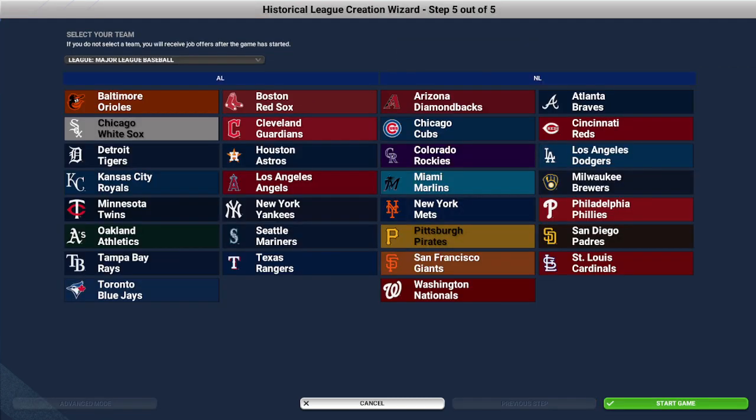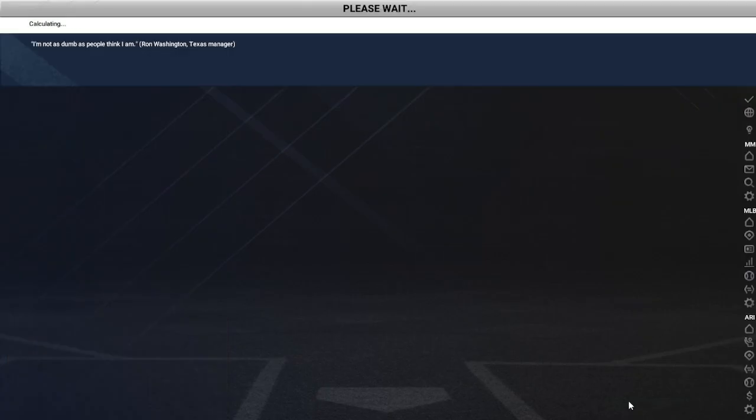Okay, so what we decided, and I actually think this might have been Nolan's idea, we wanted to replace a team, and it seemed to make sense to replace the Oakland Athletics based on everything going on with them. So we're going to select them. You can choose any team you want to. You can also add a team. The reason I don't add a team when I do these simulations is when the game detects that you've made a change to the structure of the league,